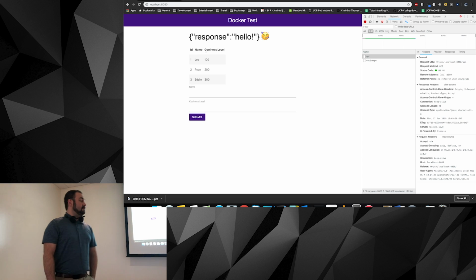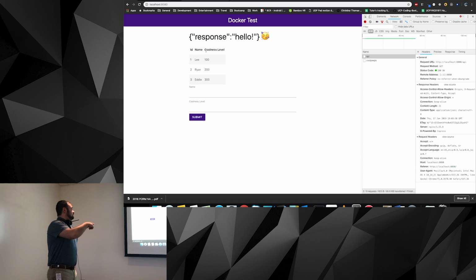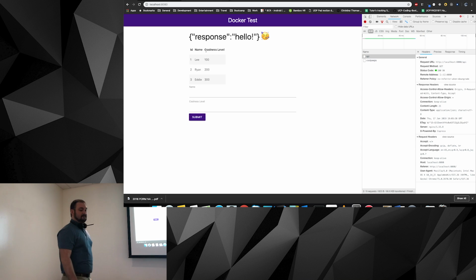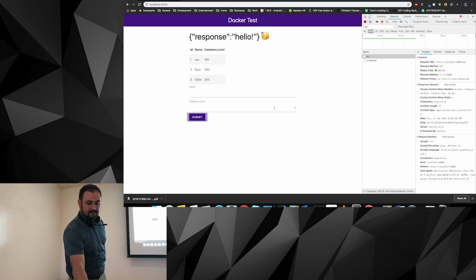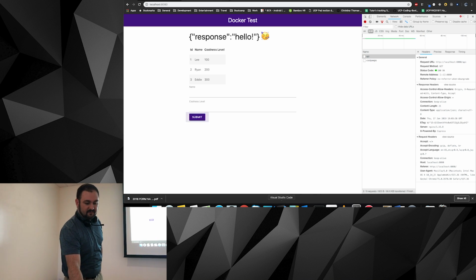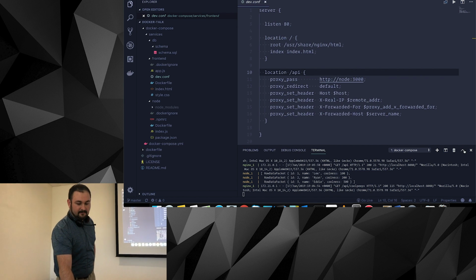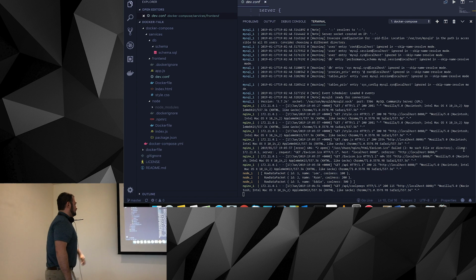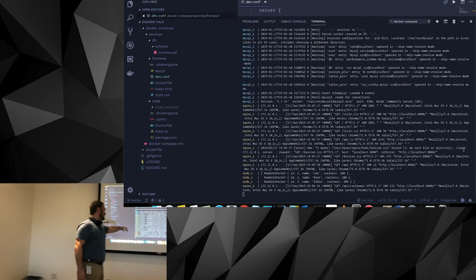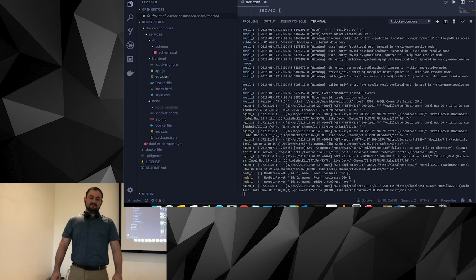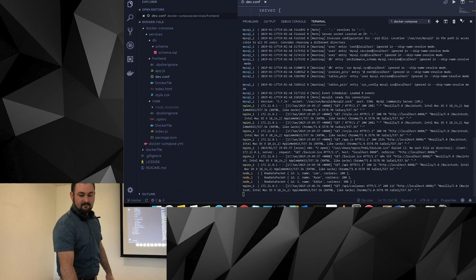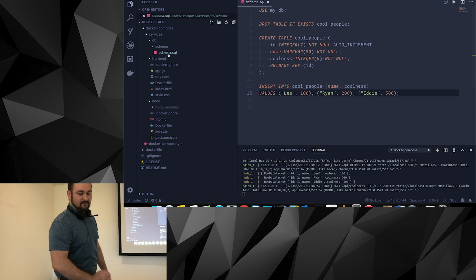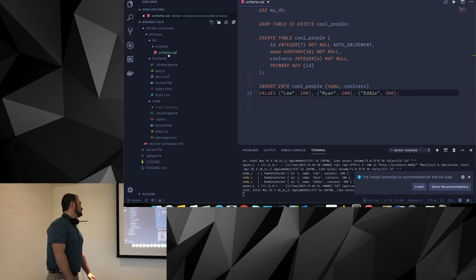So let's go back to the front end here. Now we see we've got some results from our MySQL schema. If we look back at our terminal, you can see we're logging out the MySQL data. And this stuff comes from this schema that was run when we spun up everything.